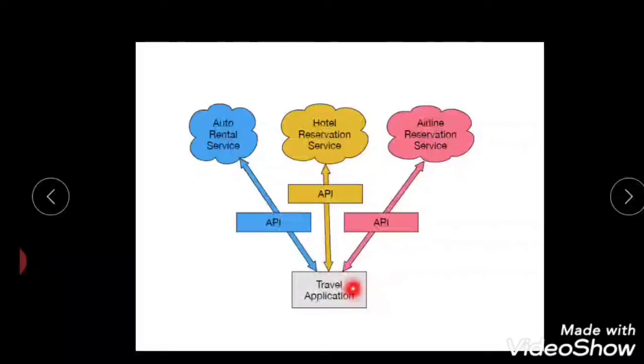Say I have just one application, a travel application, like the Redbus app. This app will allow you to book tickets. If you book a ticket from Bangalore to Mysore, it will also show you some hotels in Mysore and suggest things, which will even help you book tickets to that particular area. You can also see sites like Yatra and MakeMyTrip, which help you book airlines, railways, roadways, and even hotel reservations.